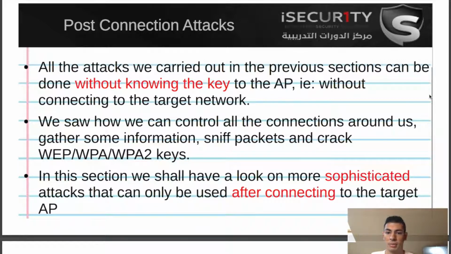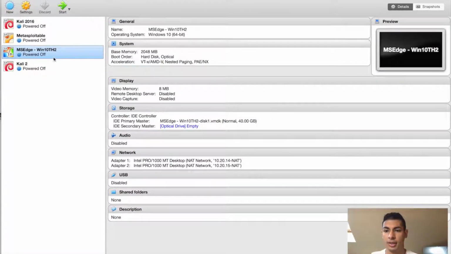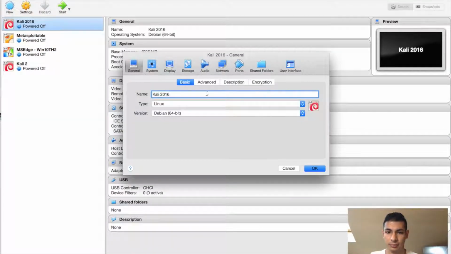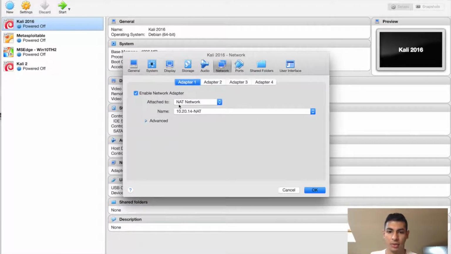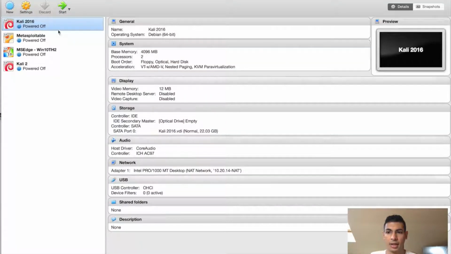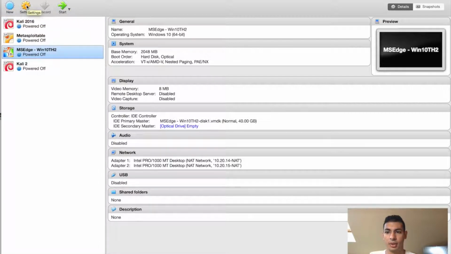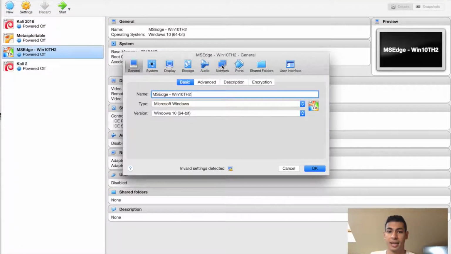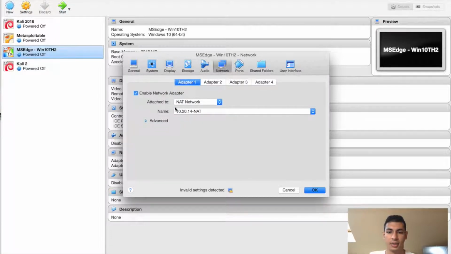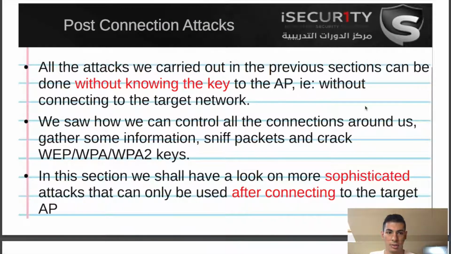Another thing is, if you're testing in your lab and you want to test these attacks without using a number of wireless cards, so in my case, I'm actually going to be connecting to my network using a Wi-Fi card from the Kali machine. Otherwise, what you can do is, in your settings here in the VirtualBox, make sure that your Kali machine, if you go on the settings and go on the network, is using NAT network and make sure it's on the same subdomain as the other devices. So that's the Kali one, and then the Windows machine, we're going to be trying to hack into it or launch attacks against it. If you go on the network, you'll see that it's connected to a NAT network and it's the same network. You can do this and use ETH0 in your attacks from the Kali machine. It's going to be a virtual interface, but it's just going to work just as a normal interface. Or